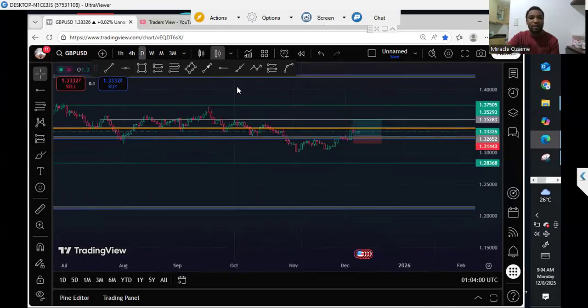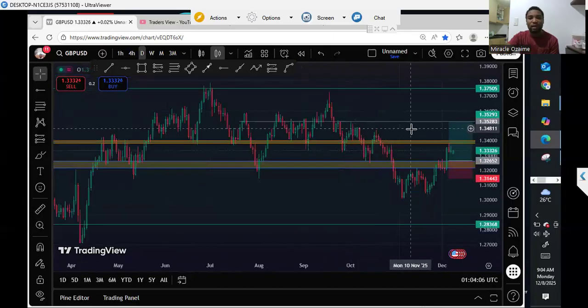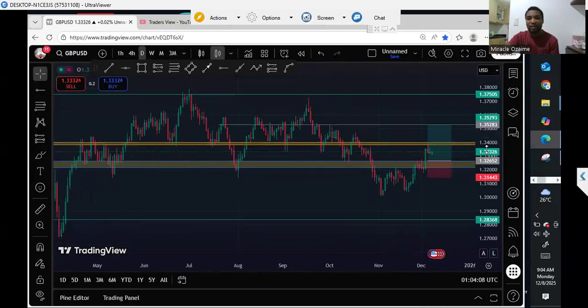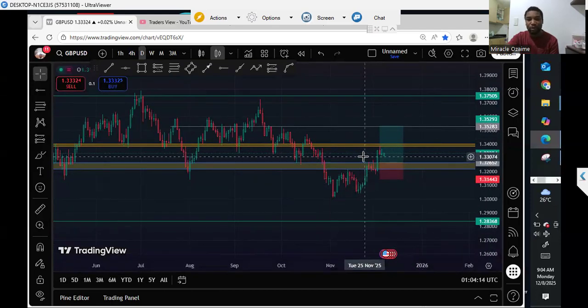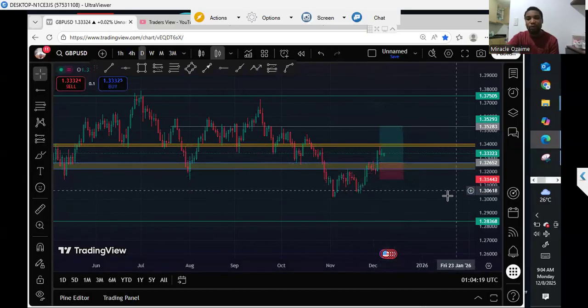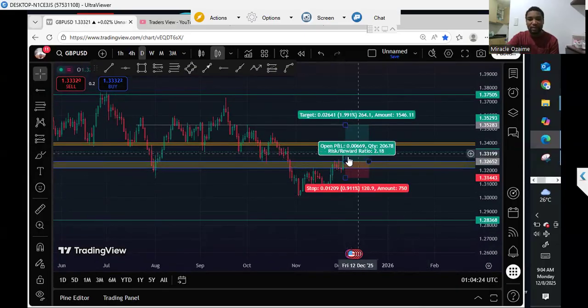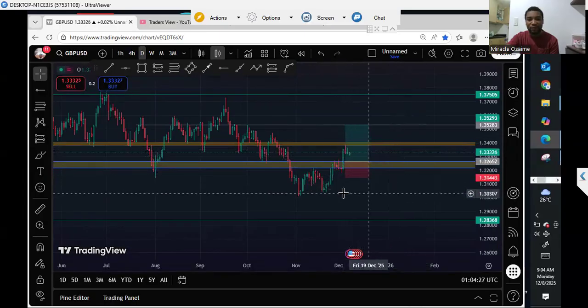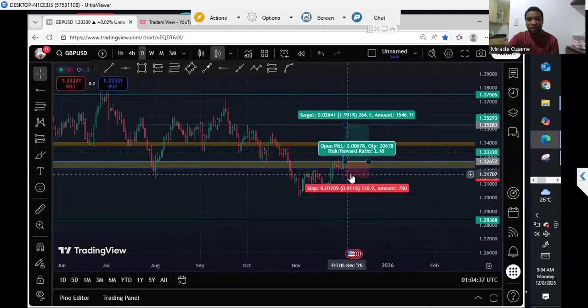So I will drop back down to my daily time frame. My daily time frame is what is going to tell me the visible things that I can see on price as of the moment. I could see a clear double bottom around this region. I could see a push up, then a correction, then a push up. Then I'm looking to see another correction that is like this. This correction is not yet enough. I'm looking for price to come back to test this area around this region for a correction,